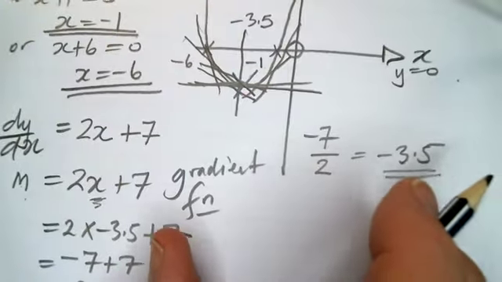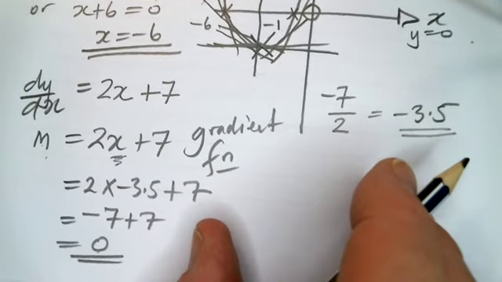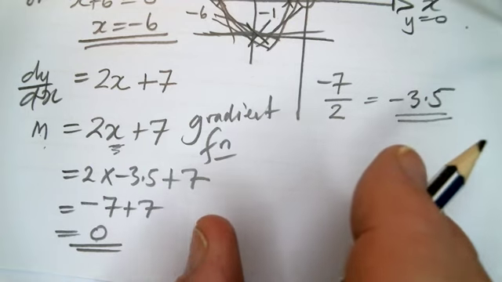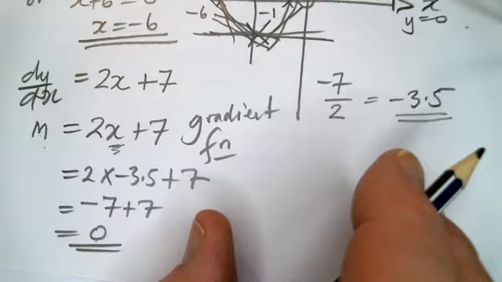Now, in this case, you could be asked to find the point where the gradient is 0. Now, if we wanted to find the point, well, we can find the x value, and if you want to find the y value, all we do is we just say, right, well, let's put the x